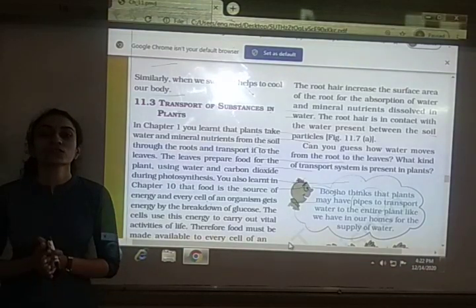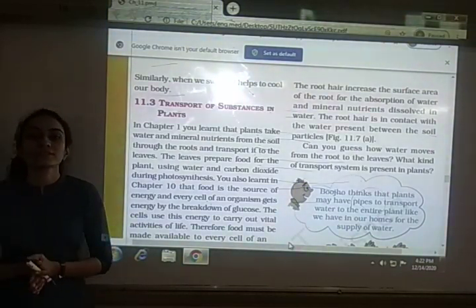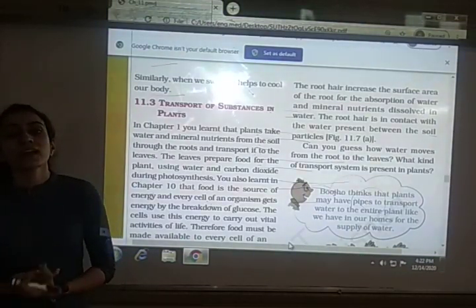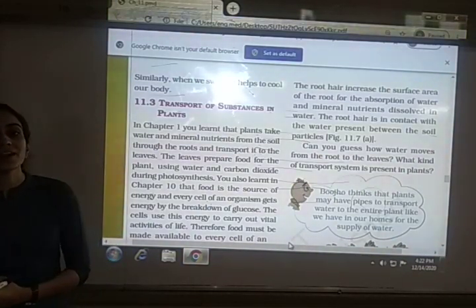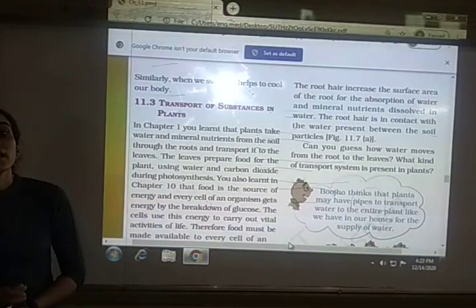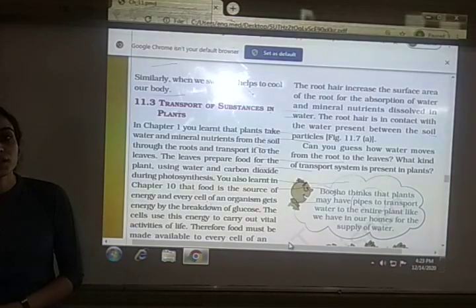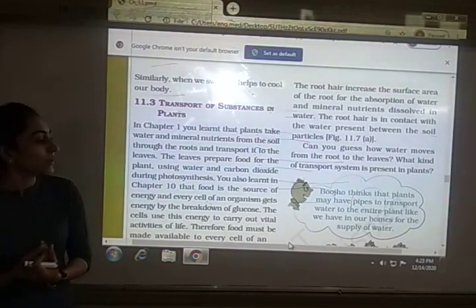We had seen different kinds of blood vessels: capillaries, arteries and veins. Two blood vessels are main, that is arteries and veins. Arteries carry the blood from the heart to the rest of the body parts, and veins carry the blood from all the body parts to the heart. And in that we had seen that arteries carry blood which is rich in oxygen, but one exception is there with the pulmonary artery, which carries blood which is rich in carbon dioxide.